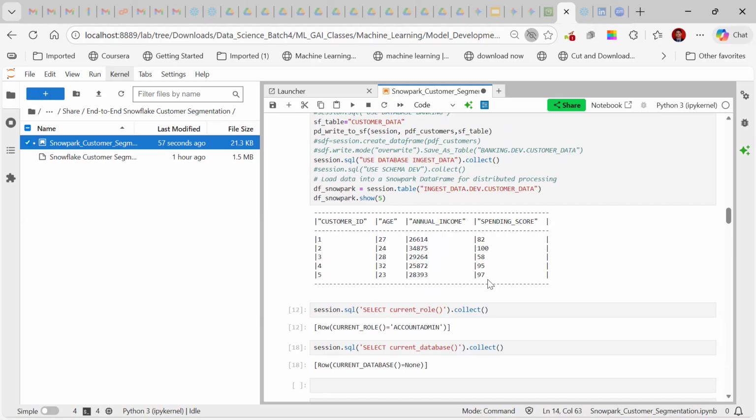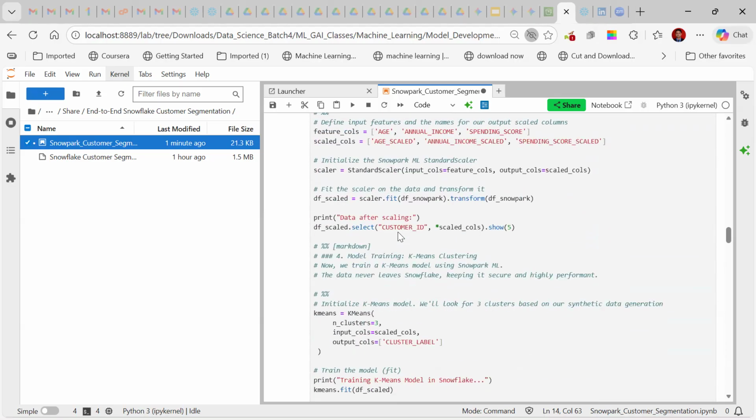The algorithms in ML majorly need to be passed data in a single scale to get better results. So that is the reason. Internally it will convert. No, we are doing that. We are applying scaling here, scaler.fit.